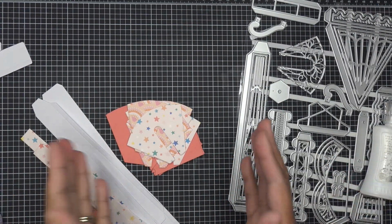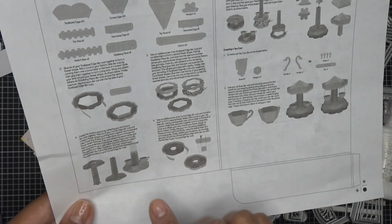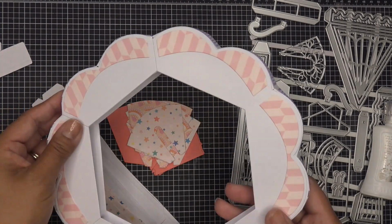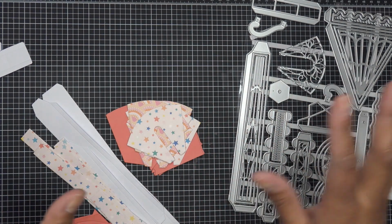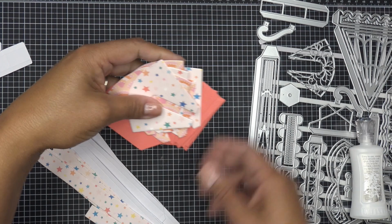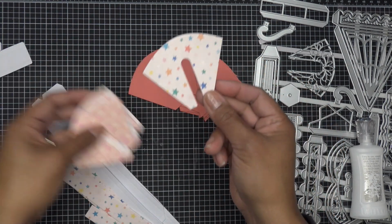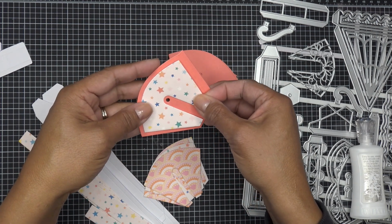So what we're about to do is a lot like what we did before, a couple different steps. So I am parsing it out in the steps the way they have it in the directions, because you are going to make essentially 4 of these little scallop things, kind of like we did here, but in a couple different steps. So I'm gonna wait for the other ones, although I did cut everything. We have it all here, so I did separate the 6 that we need for this part with the 6 little toppers like we talked about, and I'm using pretty papers for that, so I'm gonna go ahead and do that,